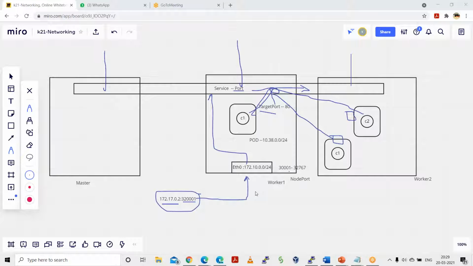/24? Yeah, /24. There are 8 zeros, so 2 raised to 8 is equal to 256, minus 2, that means 254 IP addresses can be used, right? Now, if you want 512, you will use /23. If you want 1024, you will use /22. Are you getting it? And if you want more than that, let's say 2048, then it is 2 raised to 10, and 2 raised to 12 is